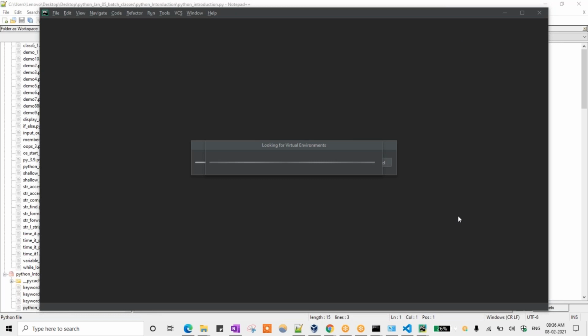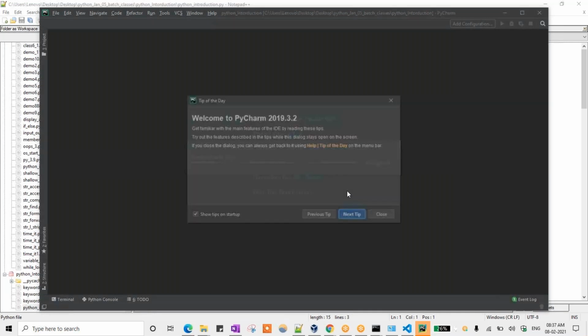It is looking for a virtual environment. Previously you were not seeing anything, but here it is searching for the virtual environment. So what is the use of a virtual environment? Suppose I have to run Python in two different versions. For one project I need Python 3.7, for another I need Python 3.5.